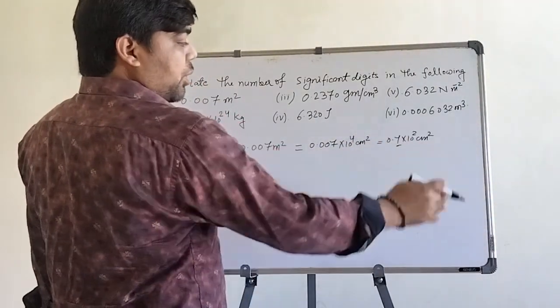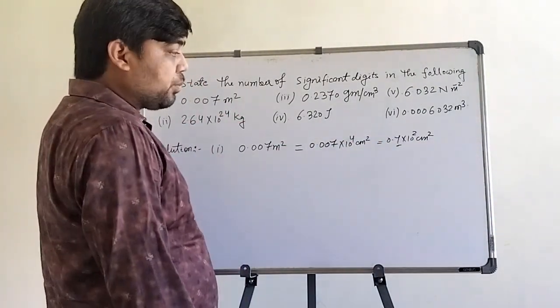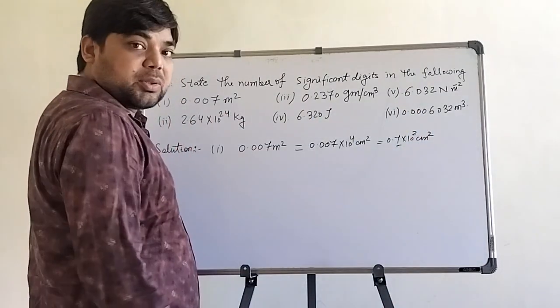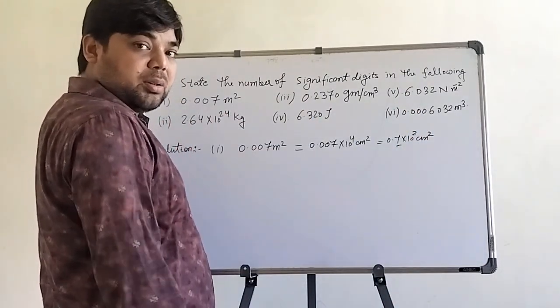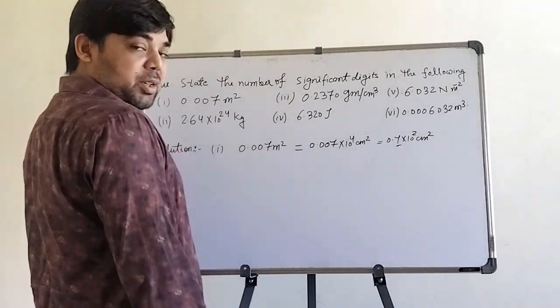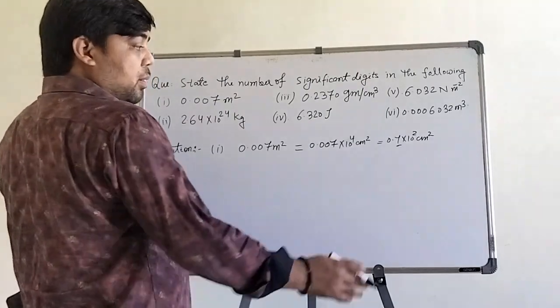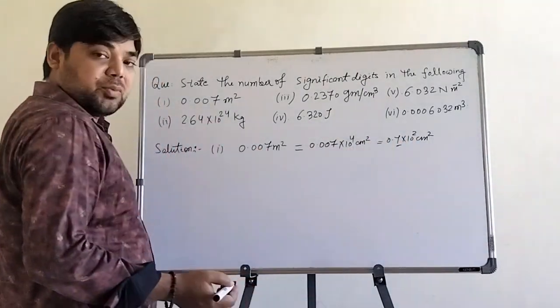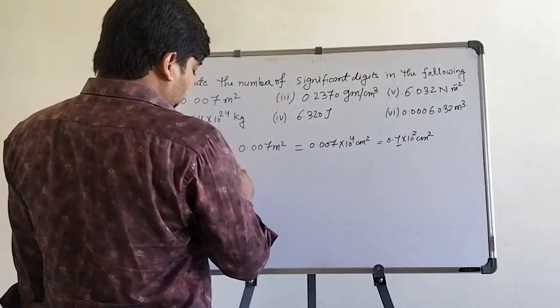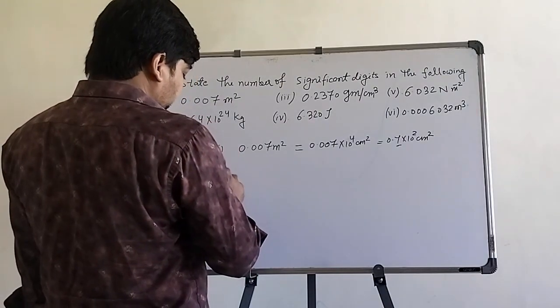0 has no role here, you can remove it anytime, and powers of 10 do not count in measurement, basically in significant digits. So the only significant digit we have is 7. So the answer will be